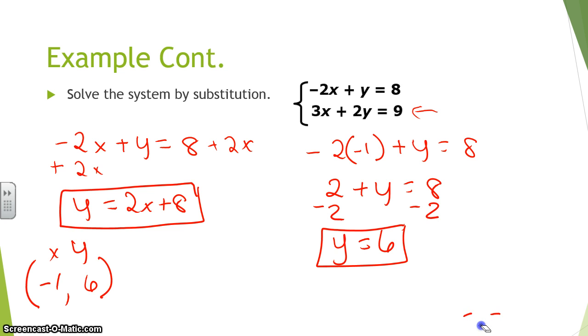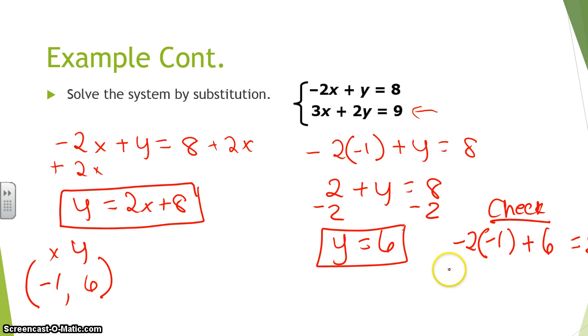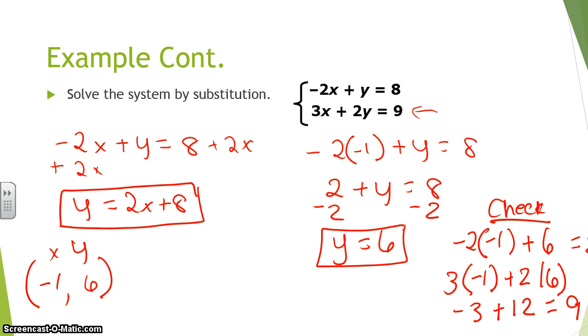We now need to check our work. So I can check by substituting my x and my y into the originals. So I have negative 2 times my x, which is negative 1, plus my y, which is 6. Does that equal 8? Negative 2 times negative 1 is 2, plus 6. That gives me 8. That is true. My second equation, we have 3 times my x, which is negative 1, plus 2 times y, which is 6. So we have negative 3 plus 12. Does that give me 9? Yes, that is true. So my ordered pair, negative 1 comma 6,